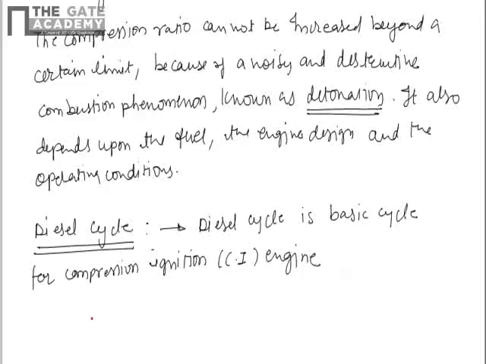First I will draw the PV and then the TS diagram, and we will see the formula for efficiency. That is pressure, and here we have volume. Now 1 to 2,